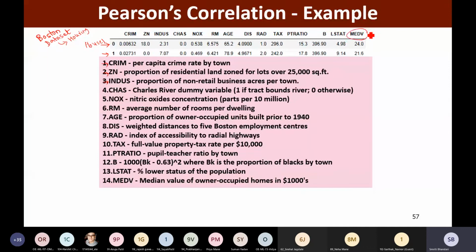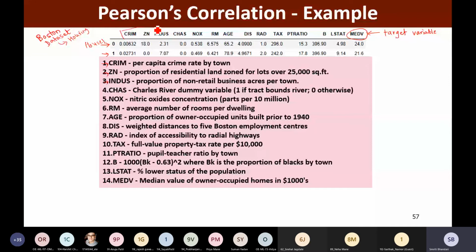And this last variable, MEDV, is the median value of owner occupied homes in thousands of dollars, right? So actually this MEDV is our target variable in this data set that we would like to predict, right?